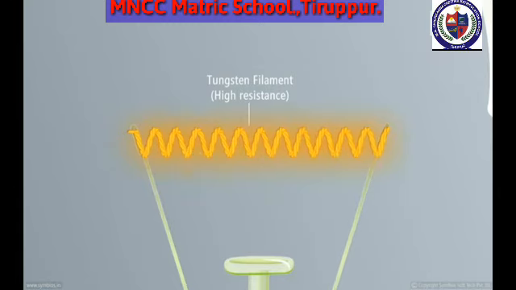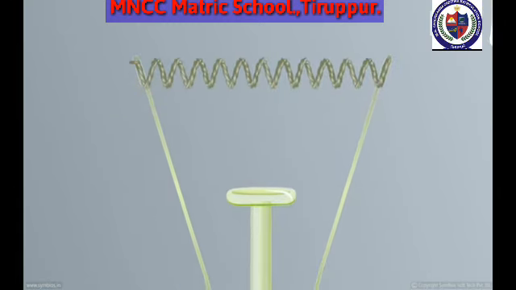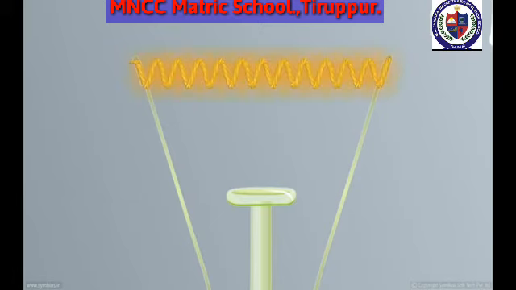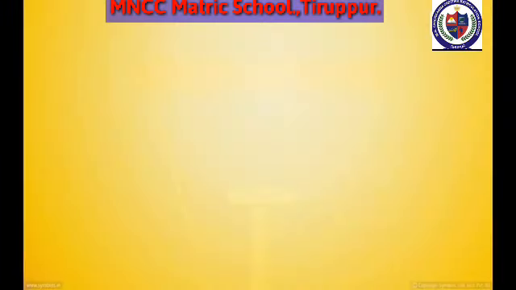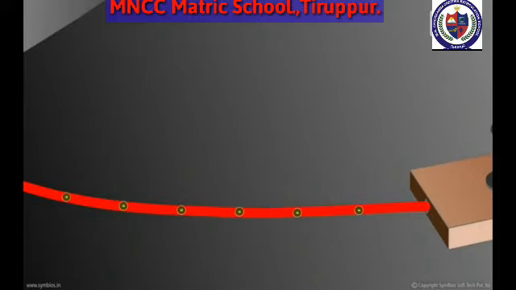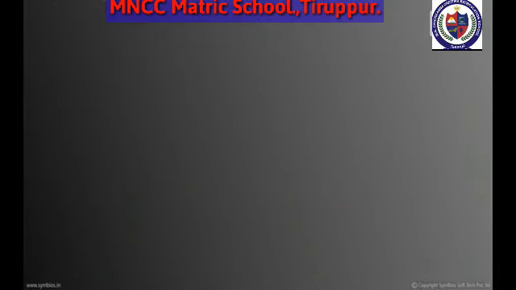Opposite to this, the metallic connecting wires, or the conductors, are made of copper with extremely low resistance. Due to this, the entire resistance of the circuit is concentrated in the tungsten filament and almost all the heat is generated in the filament. Hence, the filament gets extremely hot and heat energy is converted into light energy. Whereas the low resistance of copper wire causes a low amount of heat generation. This heat can make the wires a little warmer, but it is not sufficient to emit light.